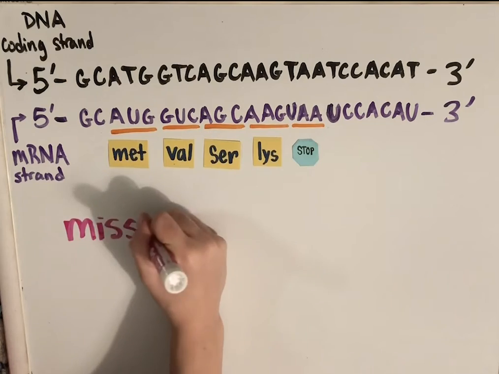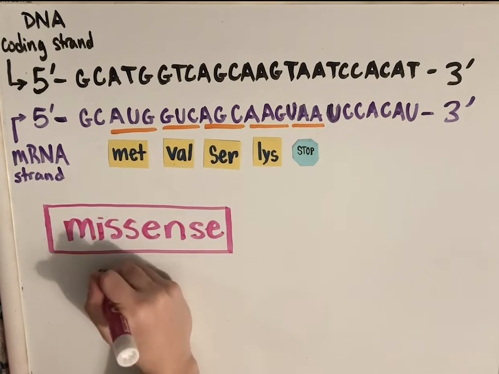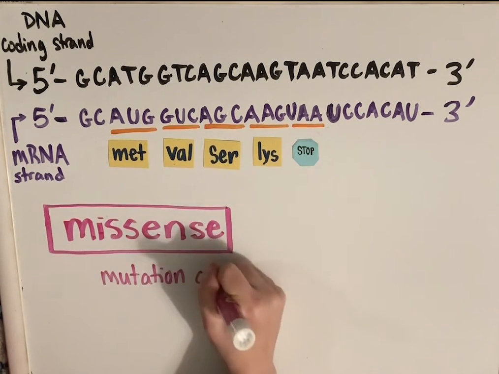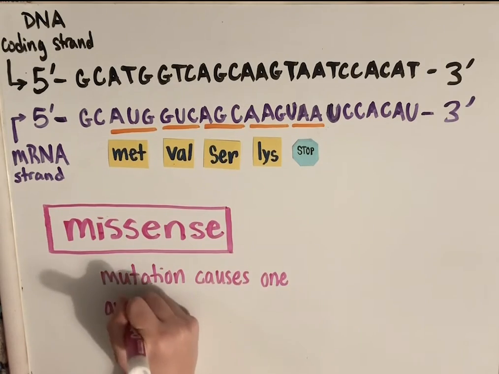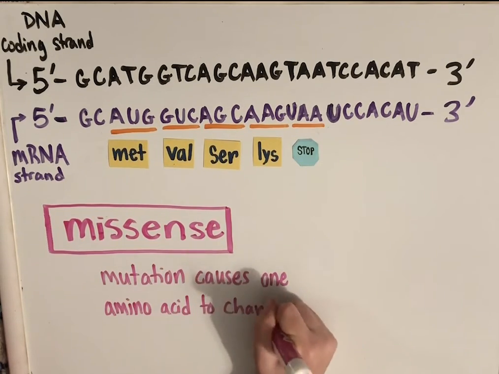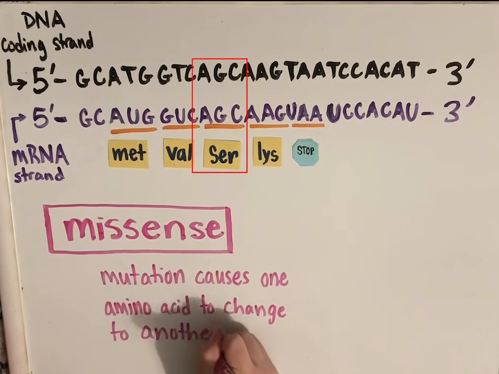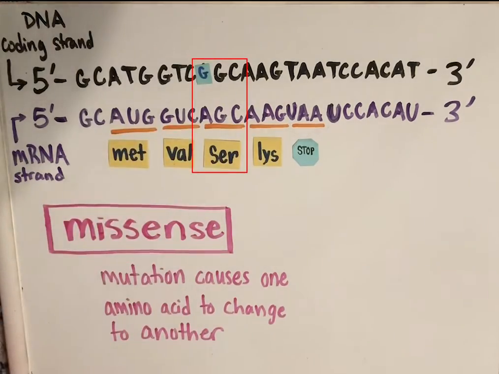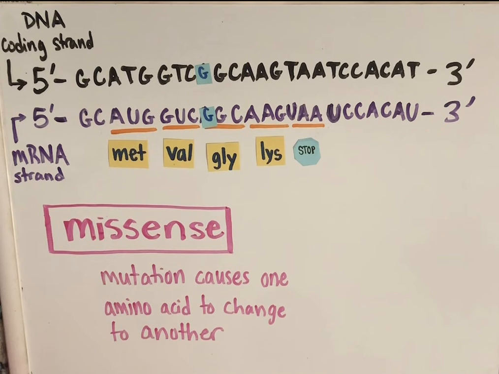First, we have a missense mutation, which causes one amino acid to change to another. If this doesn't affect the function of the protein, it ends up being a neutral mutation. A transition from adenine to guanine in the coding strand causes a codon in the mRNA to read GGC instead of AGC, changing the serine to a glycine. The chain still has 4 amino acids, however one is different from the wild type.